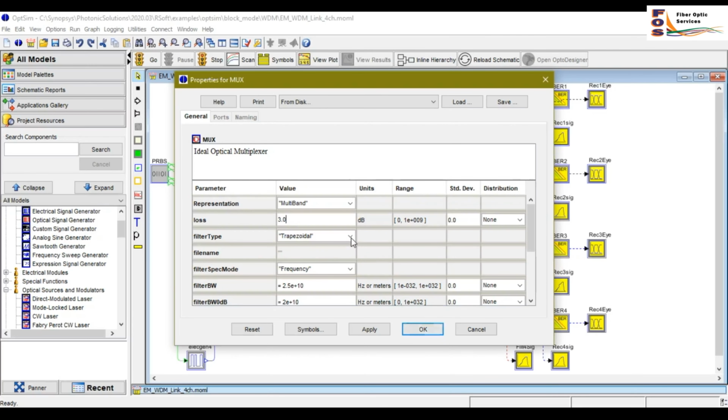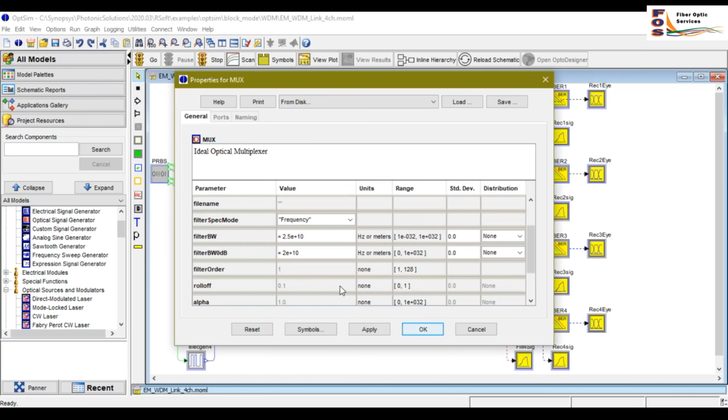The filter type is taken as trapezoidal response shape with equal frequency spacing between their centers. The filter spec mode is chosen as frequency. The initial frequency is set to the initial frequency of the 4 optical channels, and the spacing is set equal to the spacing between the channels.